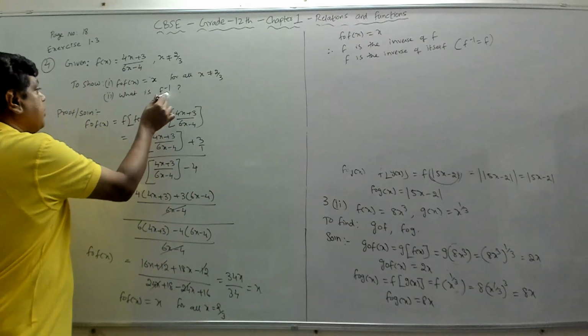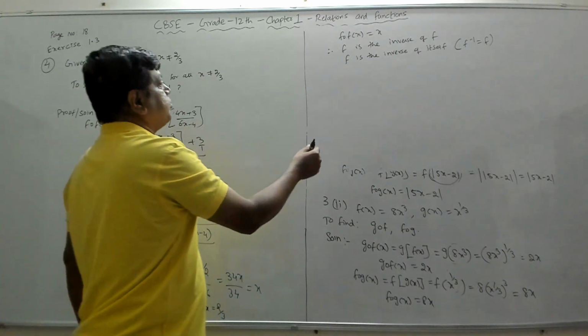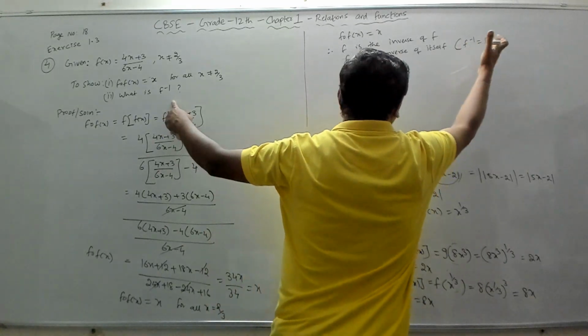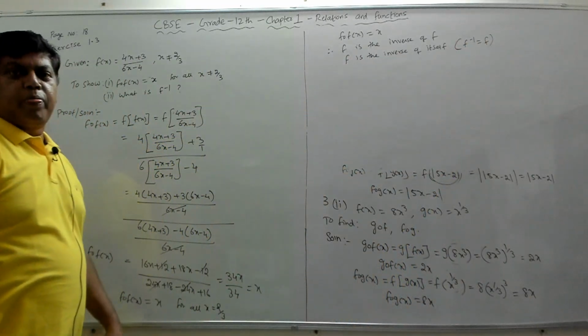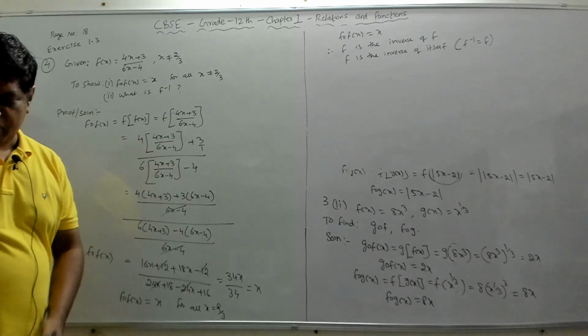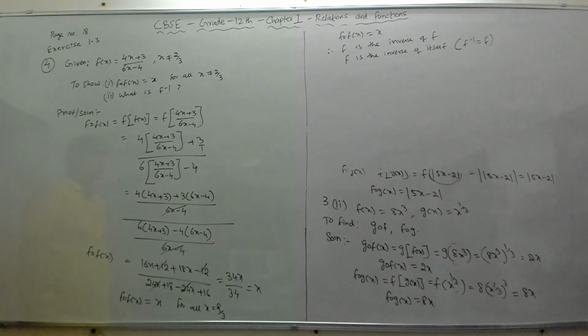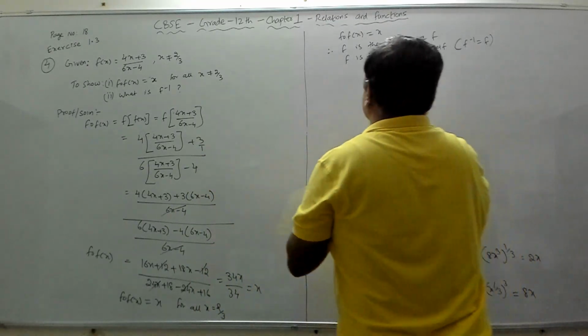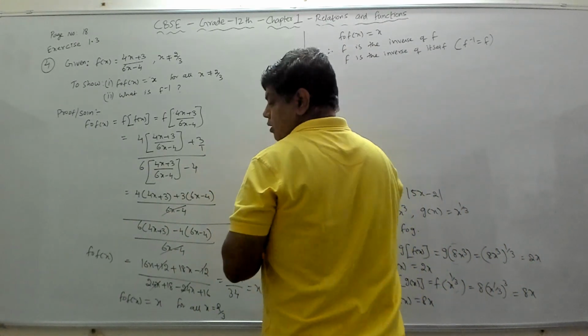So what is f inverse? F inverse is f. F is the inverse of itself, which means f inverse is what? F inverse is f itself. The inverse of f is f itself. Fine. So all of you can pause the video and take the notes. I'll go to the fifth question. So fifth question is